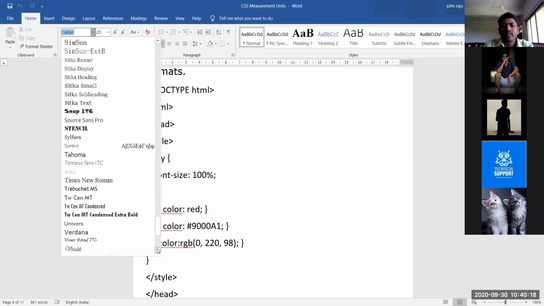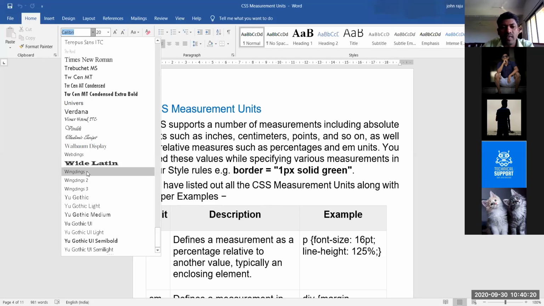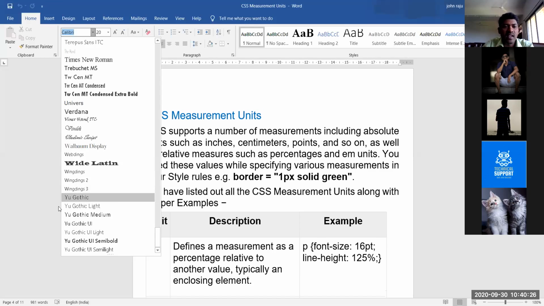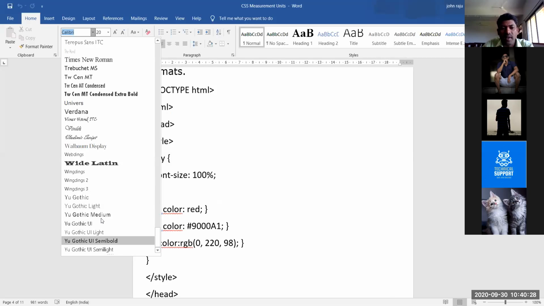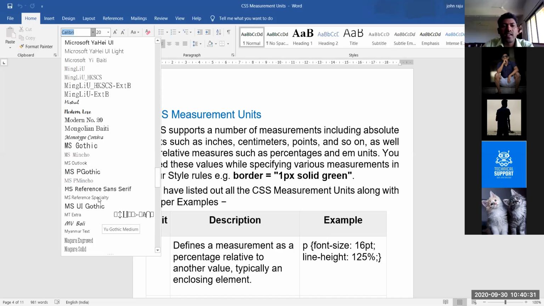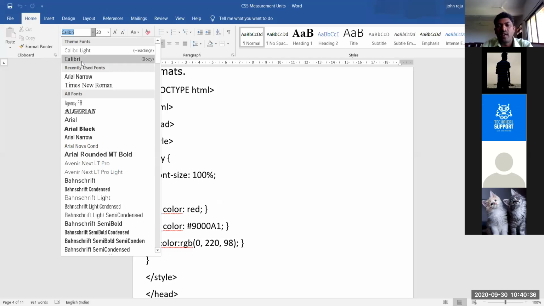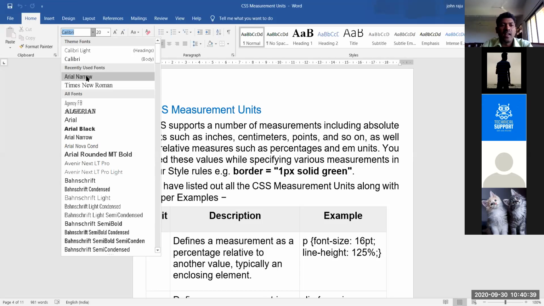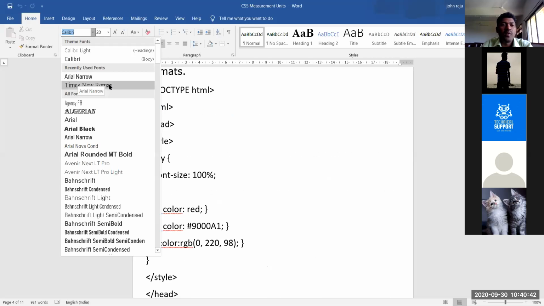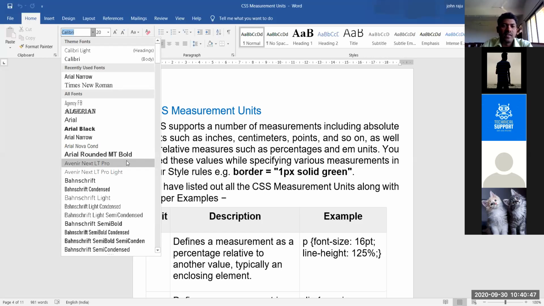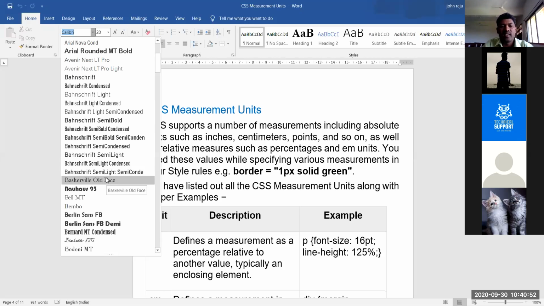Are the font families visible to you? Yes, sir. These are Latin, Windows, Euclid. All these are the families. Generally we use Calibri by default, also Arial Narrow, Times New Roman, Arial Black, Arial Rounded. These are used generally, but it depends upon the country. Different countries use their own language and their own font.